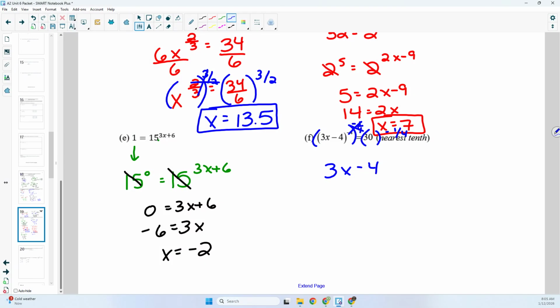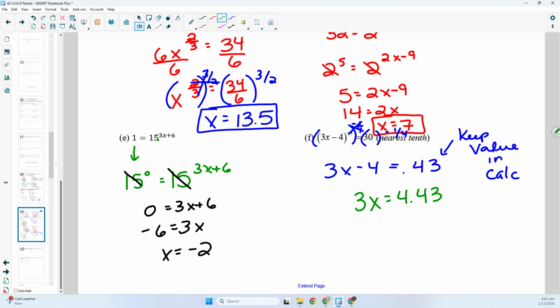Sometimes if I know I need to go to the nearest tenth, I'll just write down a couple extra decimals as I move on. It does not matter what you write as long as we keep this value in the calculator and keep highlighting as we use it. So next I'll add 4 to both sides and then divide by 3. And keeping that whole decimal in my calculator, to the nearest tenth, this comes out to 0.1,